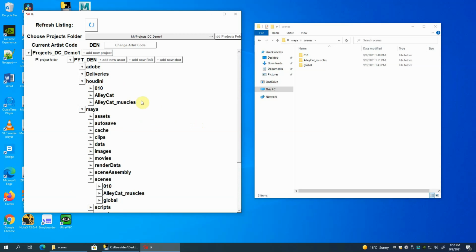And assets, you could subdivide your assets too if you wanted to. Like if instead of just Alley Cat, I could do Alley Cat model, Alley Cat rig, as part of an asset. Because the modeling and the rigging, if I wanted to keep that separate, I could do that. But all of these are under